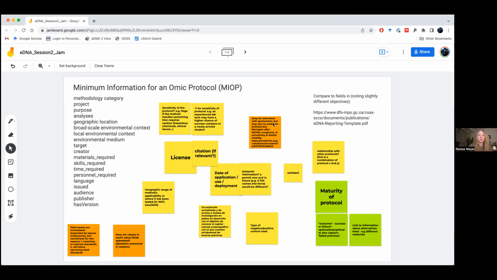So maybe that would be something that we'll have to think about, whether we'll separate that out and then have certain terms that are mandatory for certain stages of the workflow. That would be a way to approach that, to still have the ability to use those as search vectors and have them very visible when finding a protocol, while at the same time not asking somebody who has a protocol on permitting to put in whether they have a control or not.